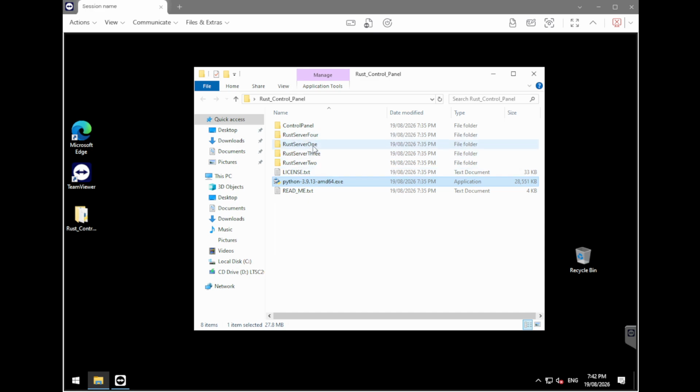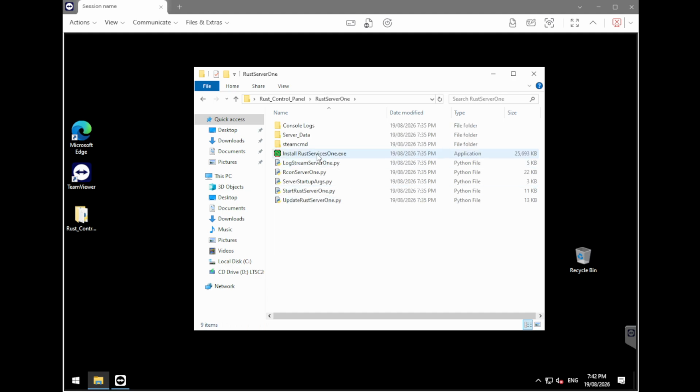So it depends on how many servers you want to run. If you want to run only one, you only need to do the installation once for the first file system. Or you could just do them all and get them out of the way. It's totally up to you. But if we come into, for example, Rust Server 1, and we have a look in here, there's this installation